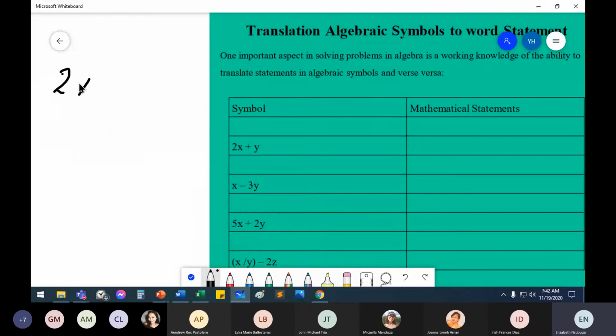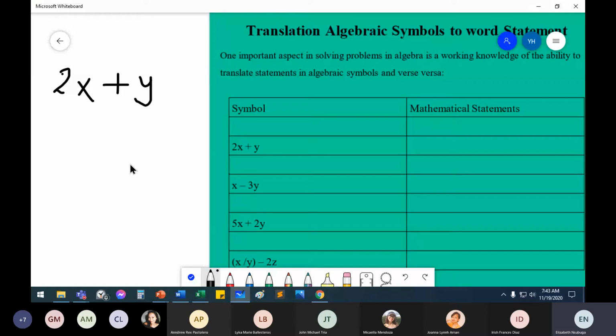You're given an algebraic expression 2x plus y. How would you translate it to a worded statement? Okay, you know what plus means. It means sum. And you know what 2x means. It means it's a product, because 2x is 2 times x, and y is just standing there alone. So you could say